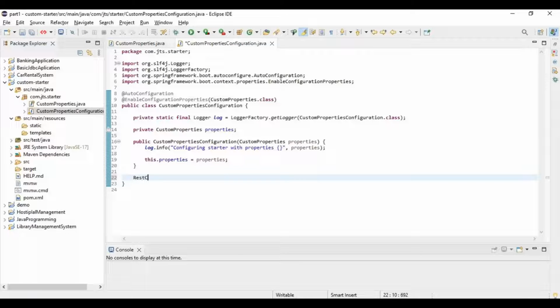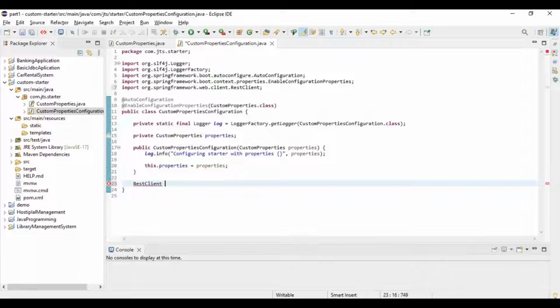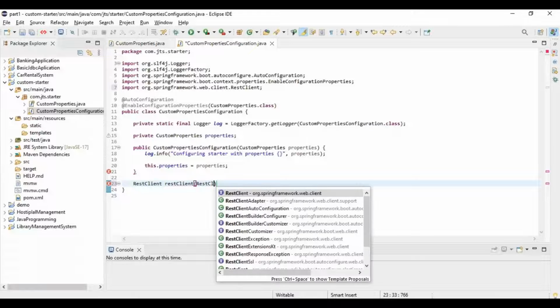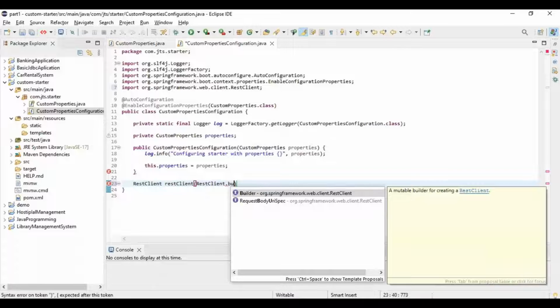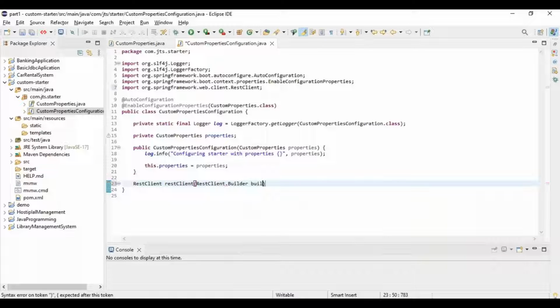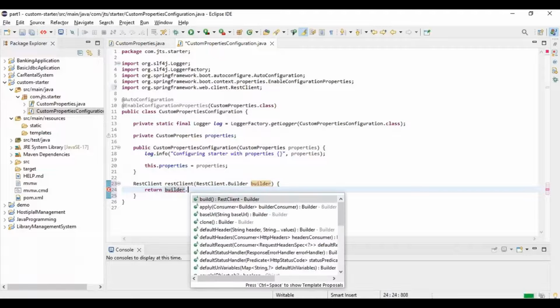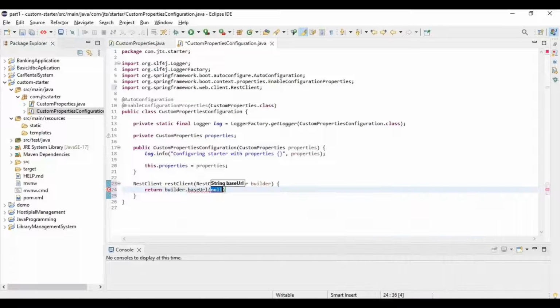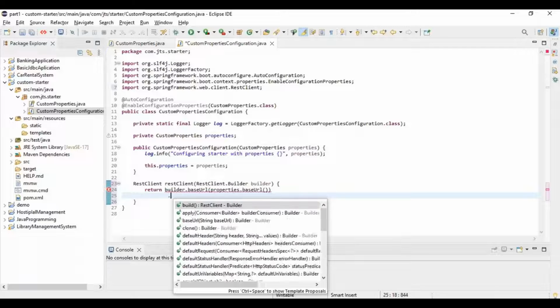Okay, so for that we need to create the REST client, REST client dot builder, okay, and here we need to return builder dot, here basically we are going to pass this base URL. So from where we can get the base URL? From this properties, right, dot base URL, okay, and then we need to do the build,